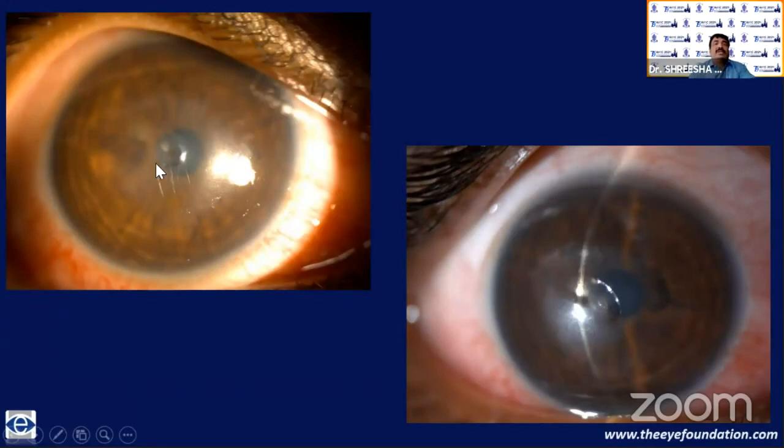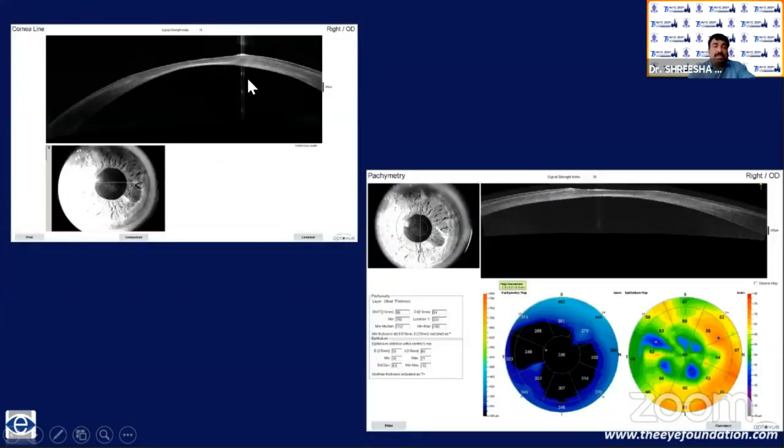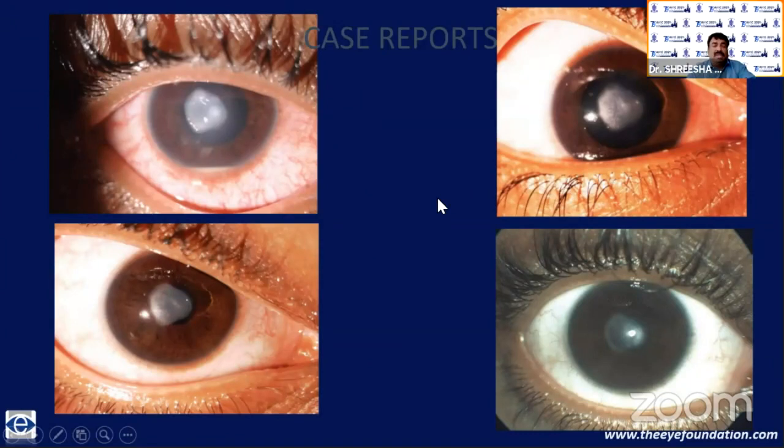There is one more minute. A few case examples. Our own case, this particular patient underwent CXL and comes back to us after 2 years of CXL with a central aborted melt and dense haze around. And this is the anterior segment OCT picture. You can see the abnormal thinning of the cornea here, and flattening of the cornea and dense opacity in the posterior stroma. So these are the cases which improve with the DALK.